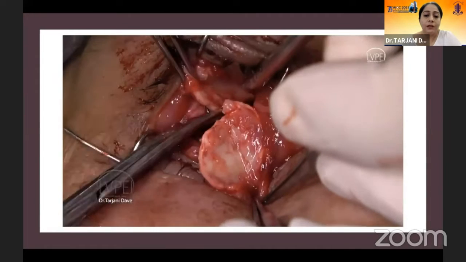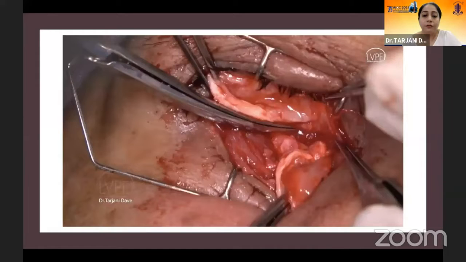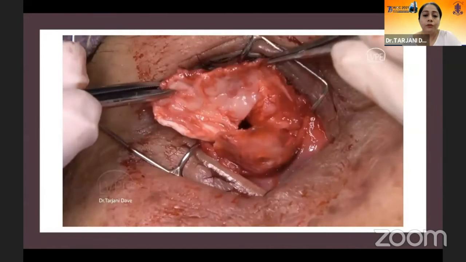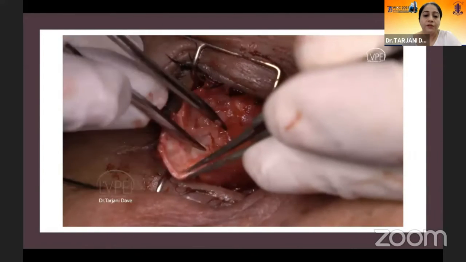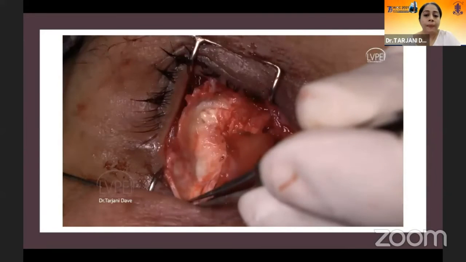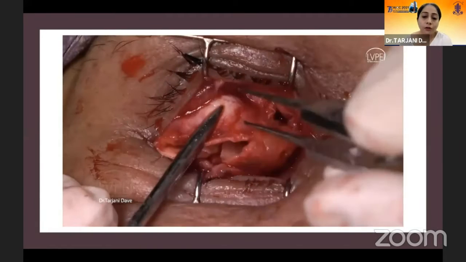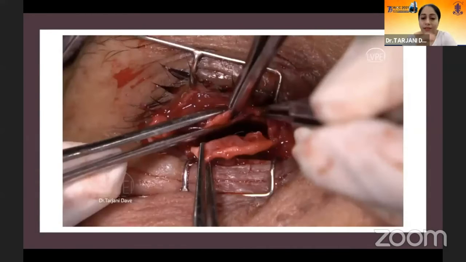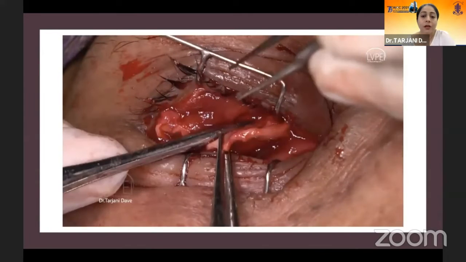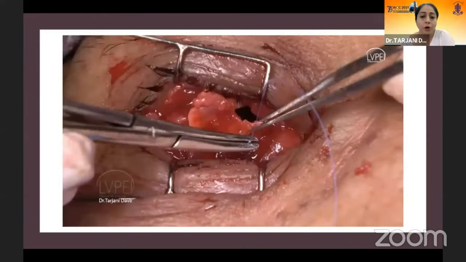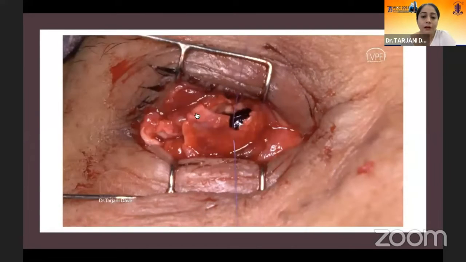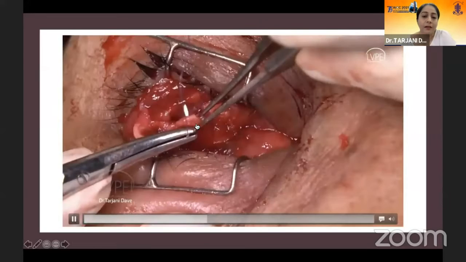And if you see the inner surface of the sclera, it is covered with a lot of fibrous tissue, which requires to be peeled out. It is this fibrous tissue that keeps contracting and pushing the implant into exposure. So a very bloody surgery, messy surgery, time-consuming surgery. This was removal of the necrotic sclera. You see that implant which was placed inside secondarily.